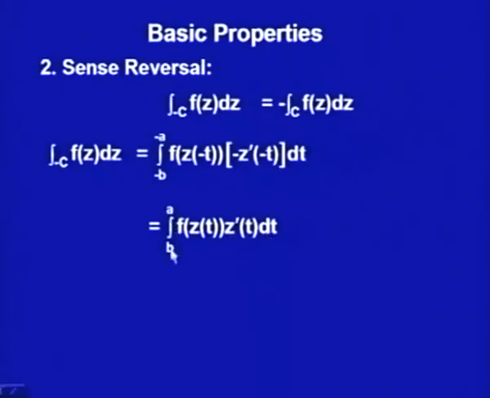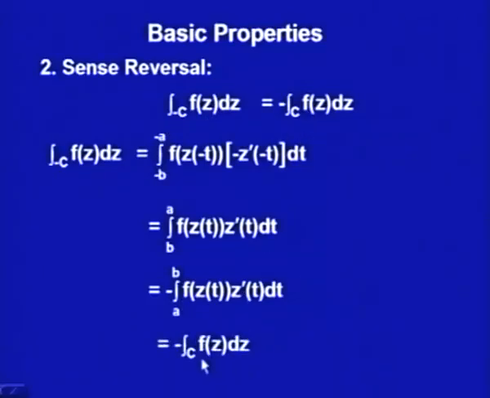Now, the only thing is that the order of the limits has been changed. So, using the simple property of definite integral, we can say it is minus the integral from a to b of f of z of t, z dash t dt, because t is now real. So this is a to b. This is nothing but the contour integral with contour C. Then the third property,